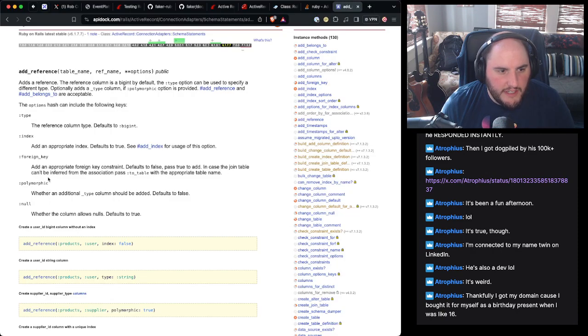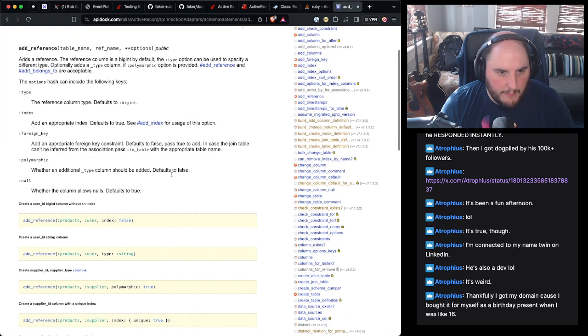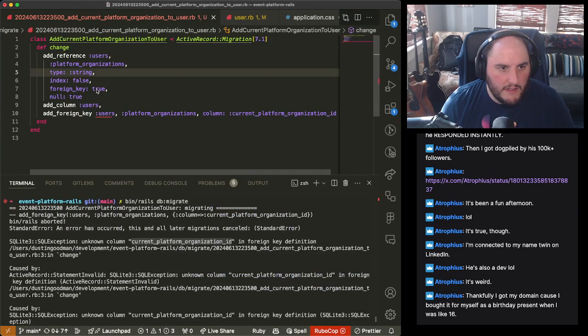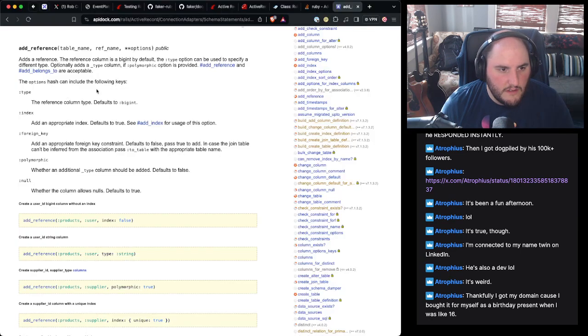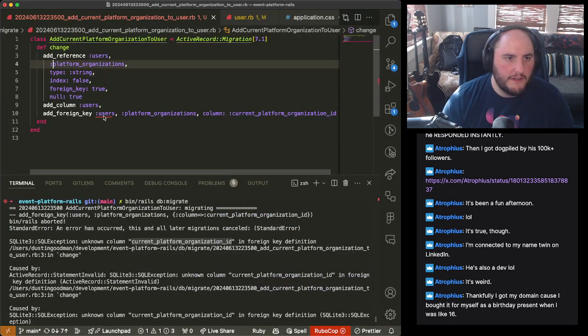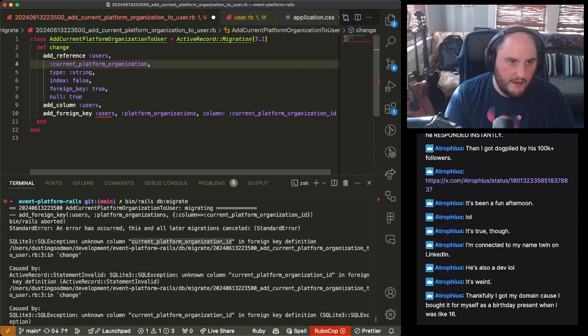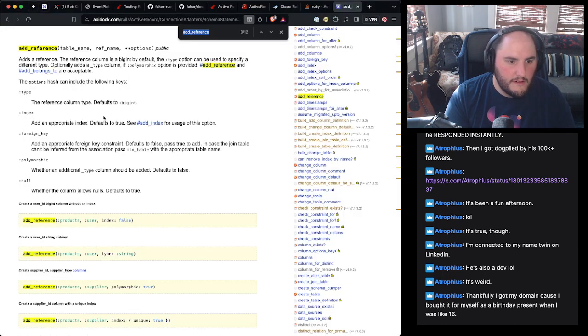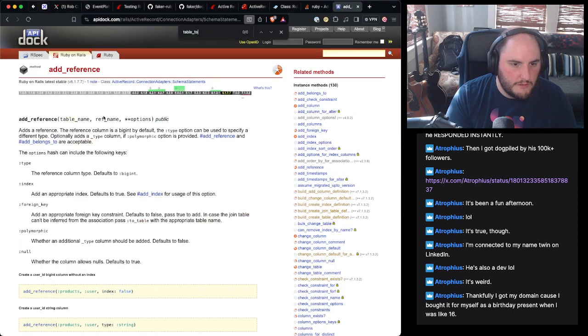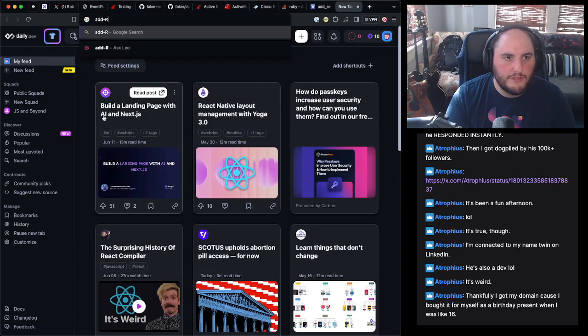In case the join can't be inferred from the association, pass to table with the appropriate table name. Aha. So current platform organization, table to table. Okay, add reference to table Rails.